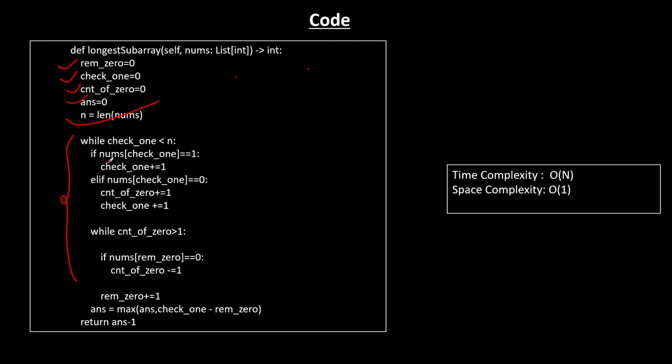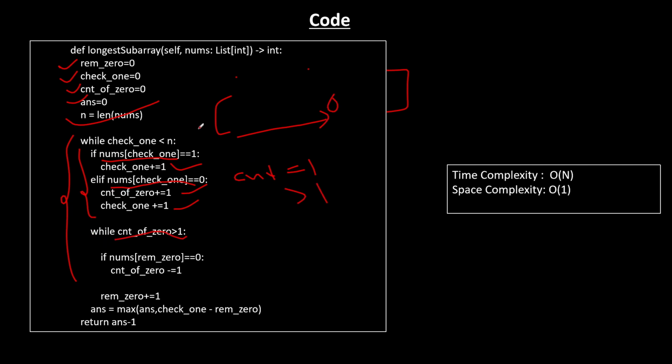Now, if nums of check 1 is 1, we increment 1, that's all, expanding the window, right? We're expanding the window. Let this be the end. If check 1 is 0, we increment, no issues. We increase the count also, right? This is done. Now, within this loop, if we check that the count of 0 becomes greater than 1,